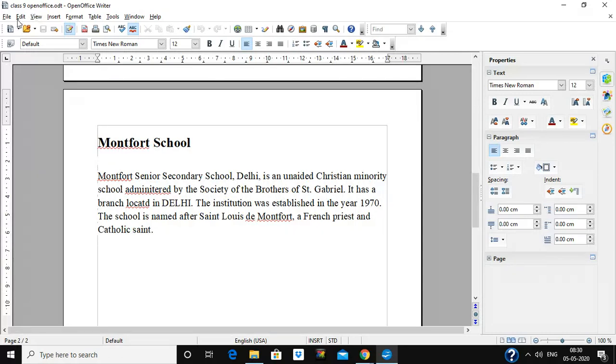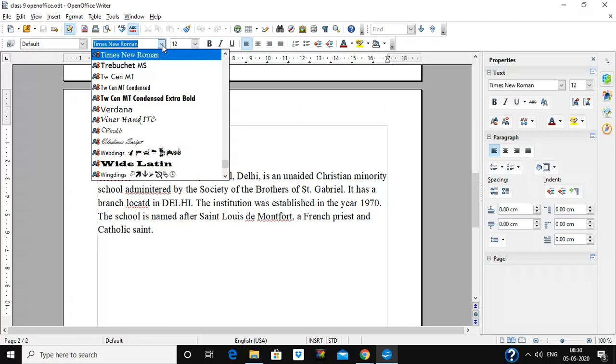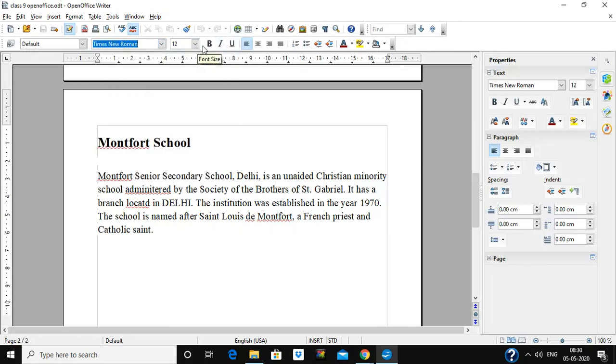So these are the two toolbars in OpenOffice Writer. The first toolbar is known as the standard toolbar because it contains the standard options like creating a new file, saving a file, opening a file, cut copy paste option. And this toolbar is called the formatting toolbar. It contains all the options to format a document, like you can change the font style, font size, bold, italic, underline. Now these four are alignment tools, like we have done left alignment, center alignment. When you place the cursor, you will get the name of the tools.